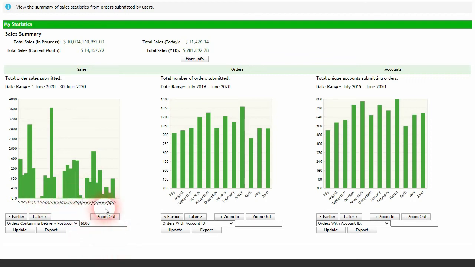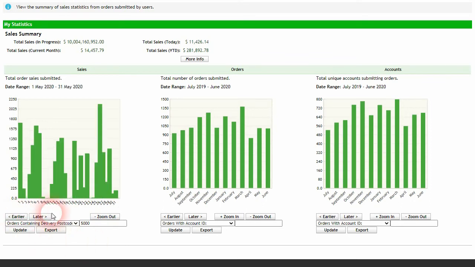in time of the month where these orders don't typically get made, and I would take a guess this would be the weekends. So there's an opportunity for us to use these statistics to work out how we can get more people ordering in Adelaide over the weekends, as just one example. So we might want to start deals happening on the Friday or the Saturday and sending them out, and then seeing if we can get more sales going into Adelaide through those time frames that are showing here in the